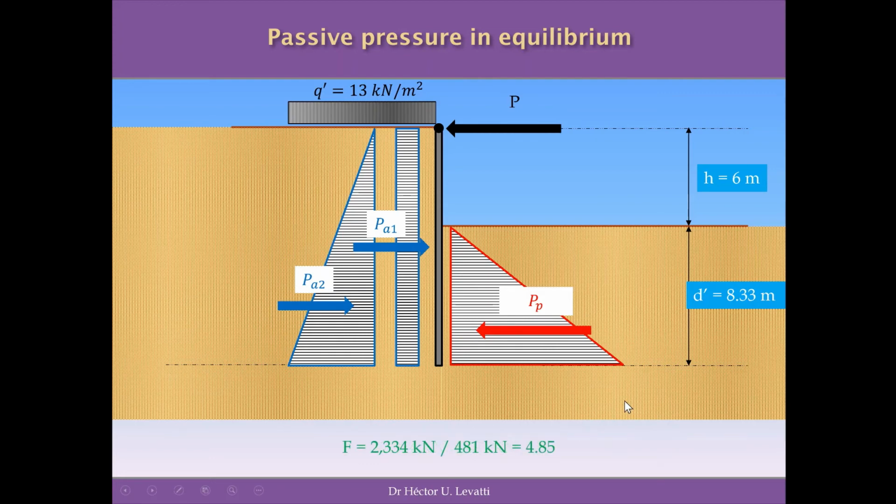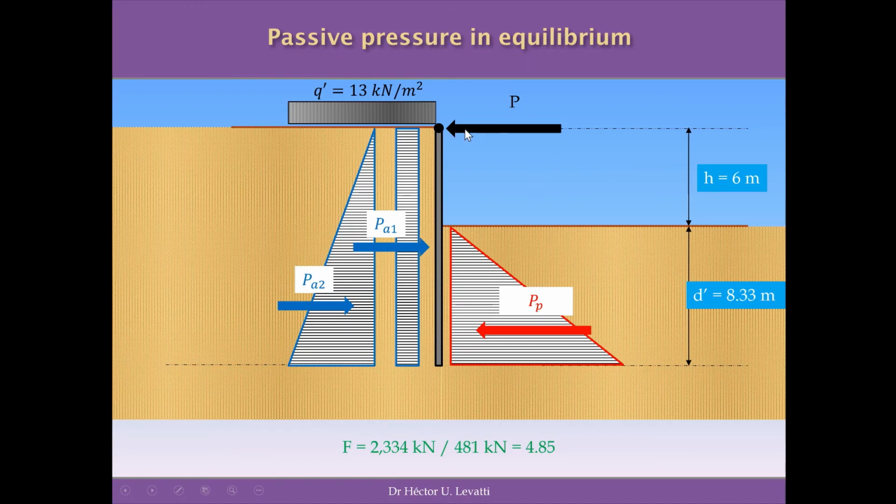So our safety factor in this case, with the same geometry as the previous exercise for an unpropped wall, is 4.85. You see that adding this force P to this problem with the same dimensions and the same properties for the soil and applying the same coefficients from the Eurocodes increases considerably the value of the safety factor, because in essence we have more restrictions on the wall, so we have this force that is contributing to the stabilization of these walls. So propped walls in general work better than unpropped walls,